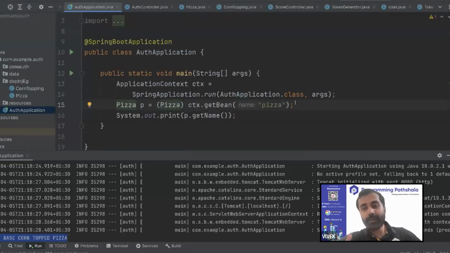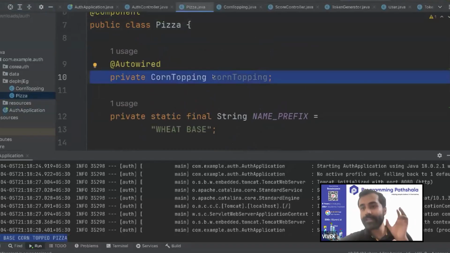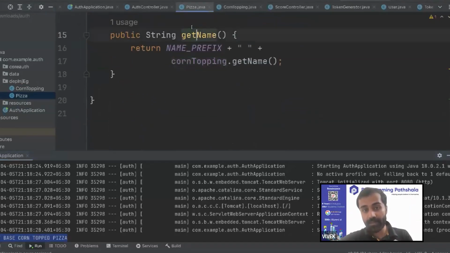Now, one of you is replying default constructor call. A default constructor call cannot initialize this particular field. When you say default constructor, it is usually your empty constructor, the no-args constructor, right? The fact that this function has worked and printed the right result means that corn topping has been injected inside the constructor. It means that